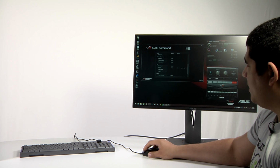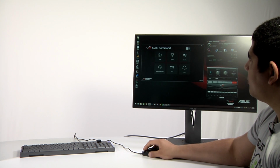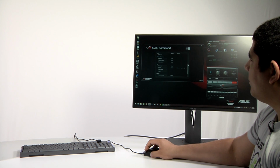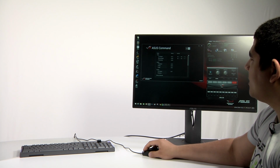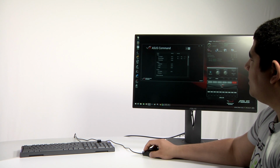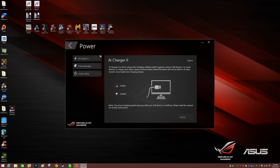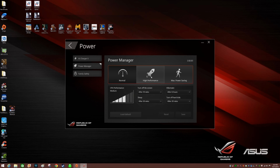So we have two different ways to be able to go ahead and take a look at this. One is going to be in this kind of icon fashion. Another one's going to be in a kind of grid or list fashion. And just to be able to give you a quick perspective on what comes included with the unit, you can see here there's actually a lot of different functionality that's included. So we've got everything from the AI charger, which is the ability to turn on the advanced charging functionality that the unit offers, specialized power management capabilities with the power management option here,